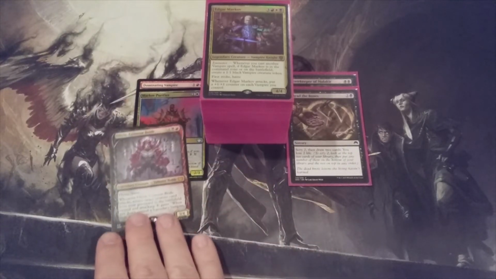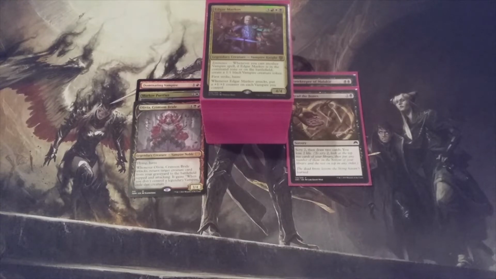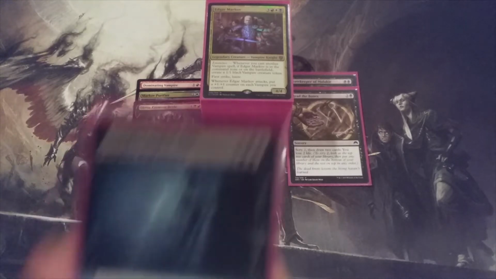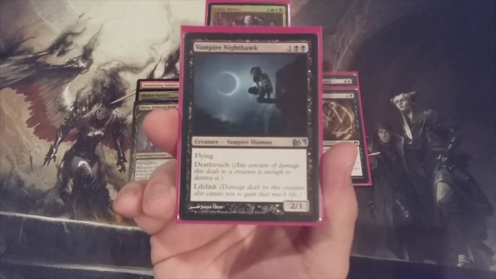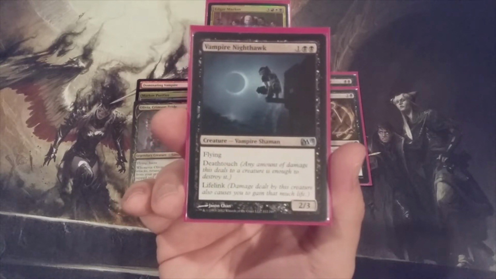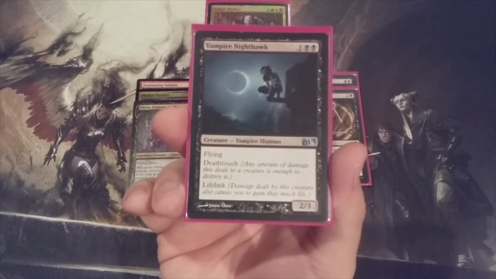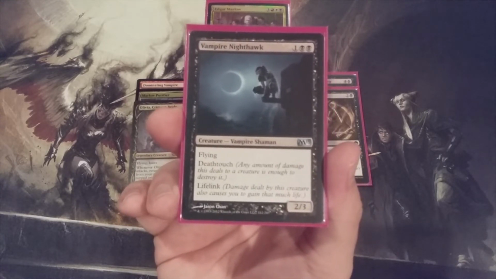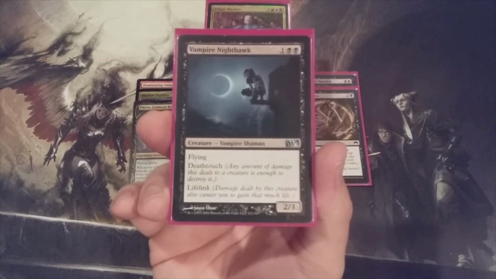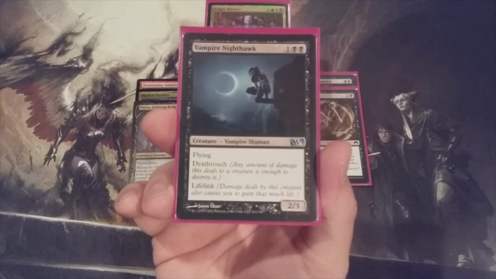Plus, with Olivia coming in with haste, we can come out of nowhere and really do some flying and tricky damage to our opponents. Olivia, Crimson Bride is going to take the place of Vampire Nighthawk. This one was a tough choice to make, and the reason for it is because of Olivia's ability. It has the flying, it has the 3 damage that it can do for flying. Vampire Nighthawk is a 2/3, but Olivia's recursive ability just makes her the better play,